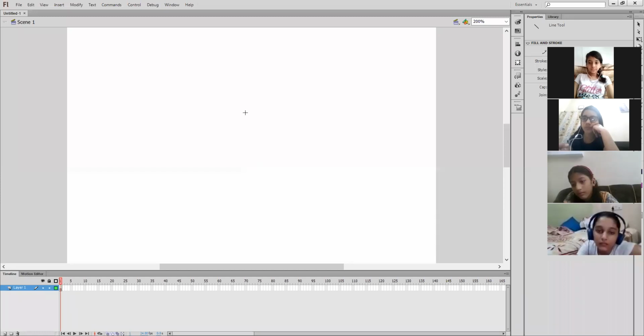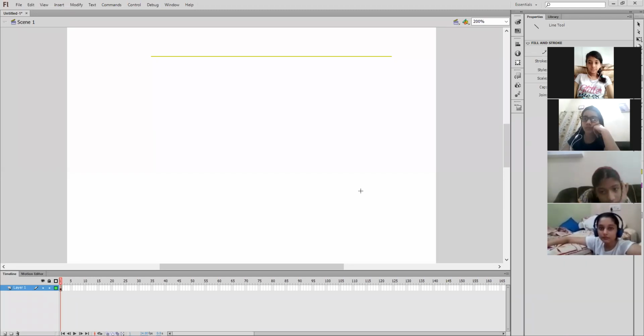In order to draw lines, this is your stroke color. Stroke color will tell you the outline of your line, that is, which colored line you are going to draw. Clear? Let's say I'm selecting this color. Drag the mouse pointer on the stage in order to draw the line.